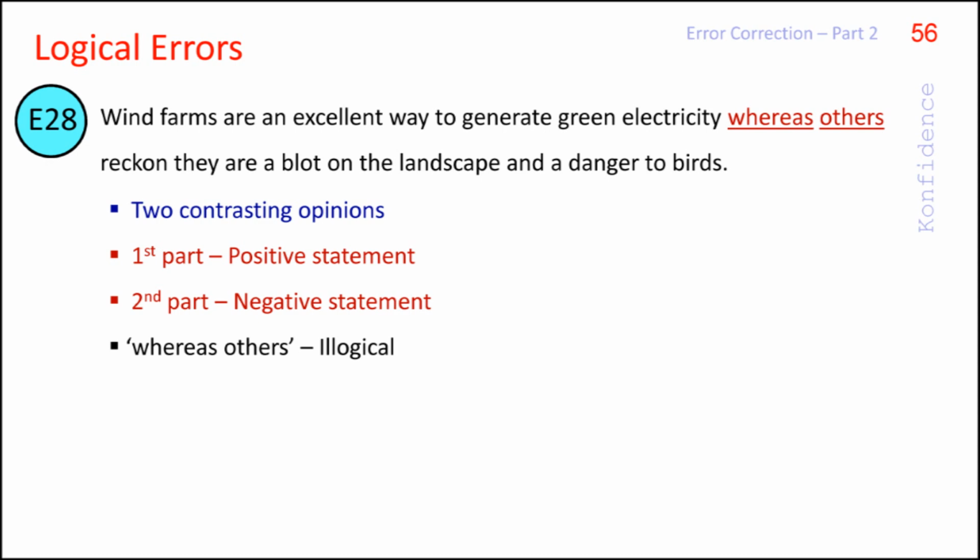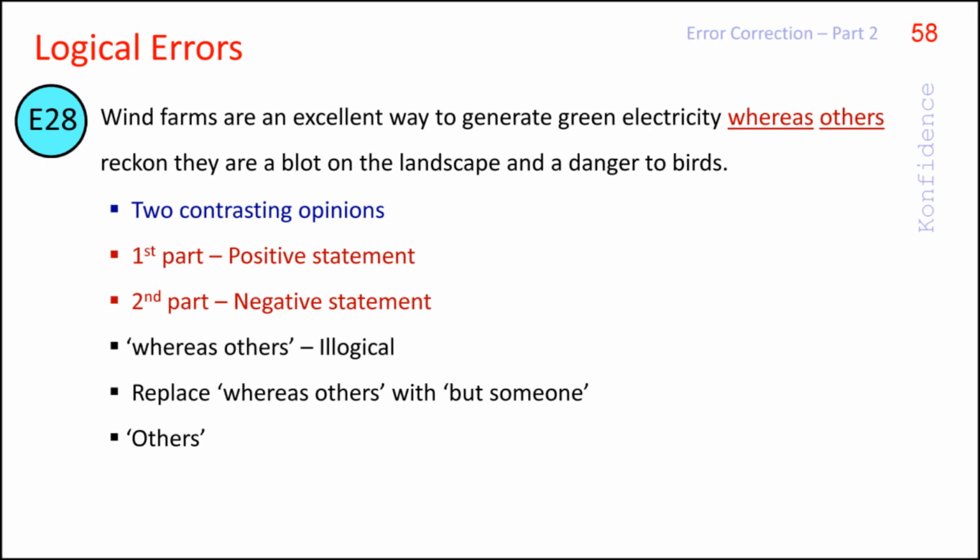To make it logical, we must say who thinks wind farms are an excellent way to generate green electricity. As this is not done in the sentence, the only way to make it logical is to replace the usage with but someone. When we use the word others in a sentence, it must be preceded by somebody who does a different action. So the correct sentence will be,